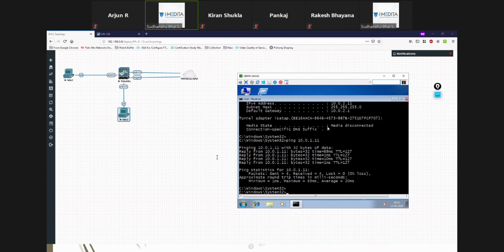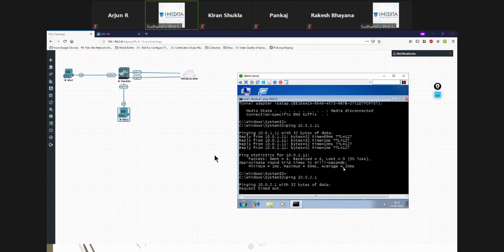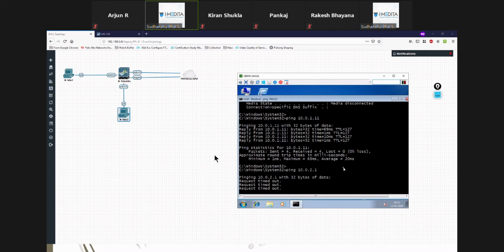If I try to ping 10.0.2.1, that is the IP address on the Ethernet 1/3 interface, which is acting as a default gateway for me, I don't get a response. Okay. So why is that?